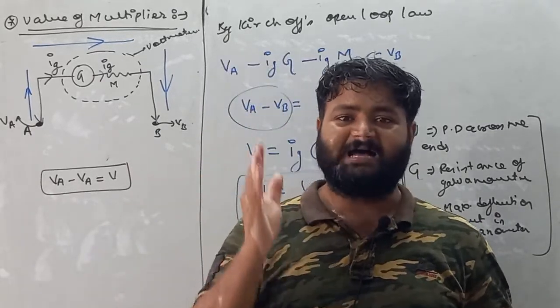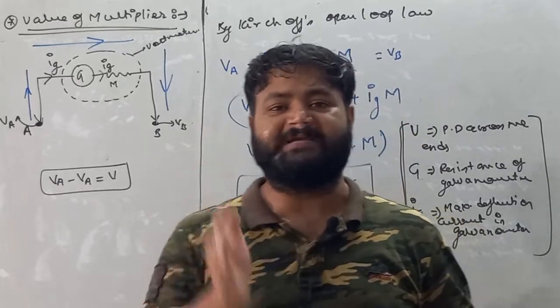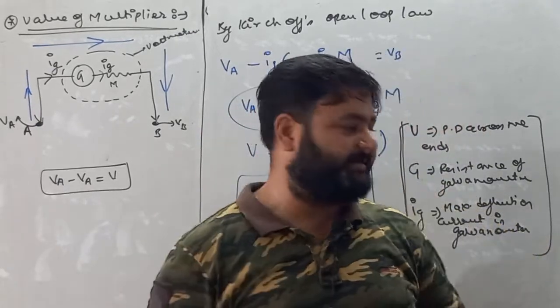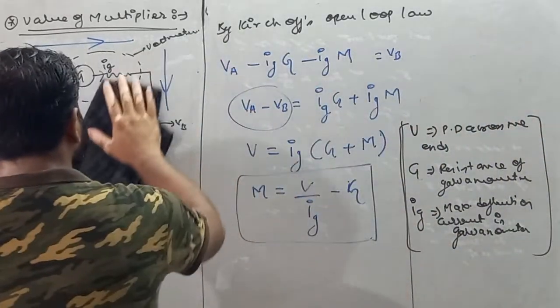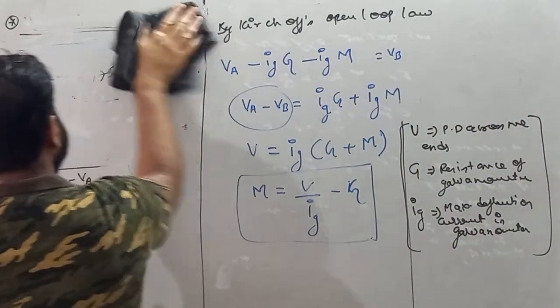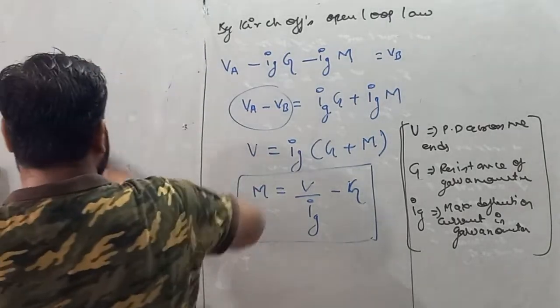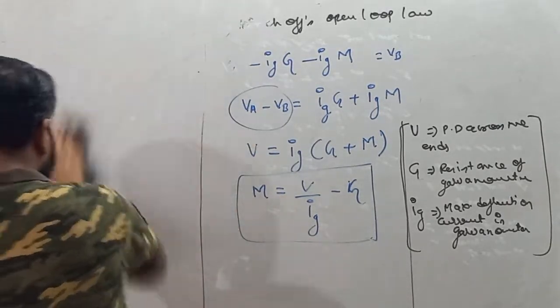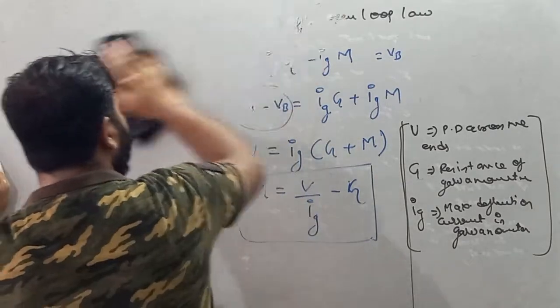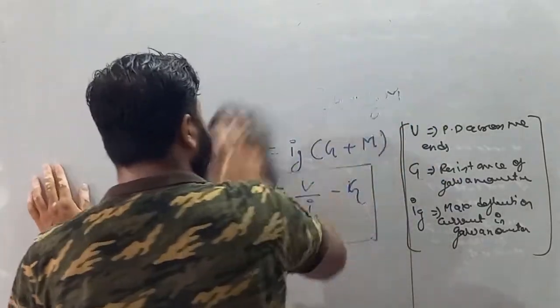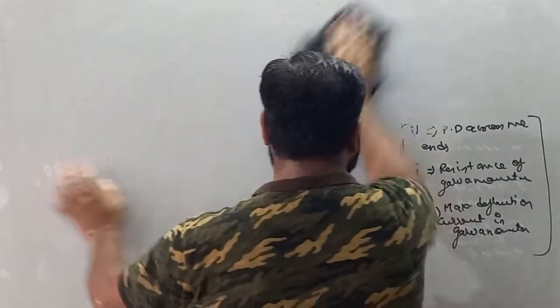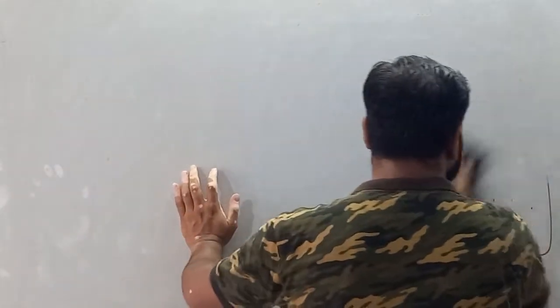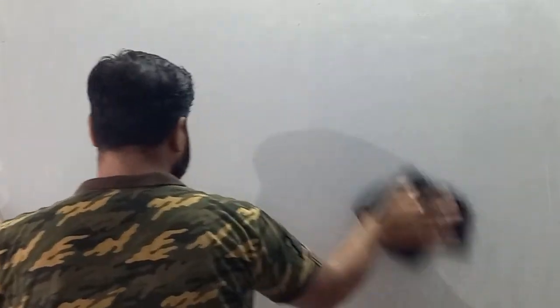So write down our next heading: potentiometer. Remember, the voltmeter is also a potential measuring device, and the potentiometer is also one. With the help of a potentiometer, we are capable of finding potential across the whole circuit. But with a voltmeter, you cannot find net potential across the whole circuit, only across circuit elements.